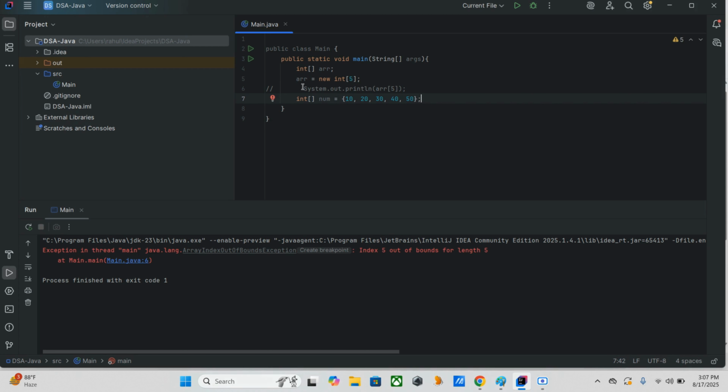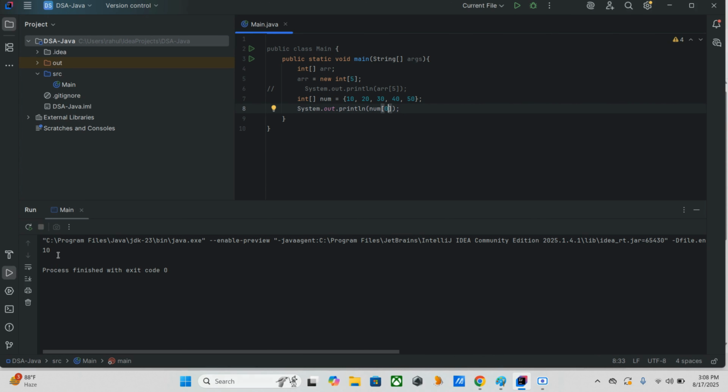Then num of 0. See, we will get the value. So this is the method that we can initialize the array with values in this way,